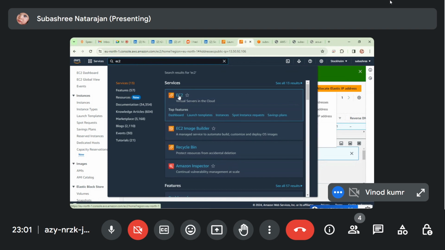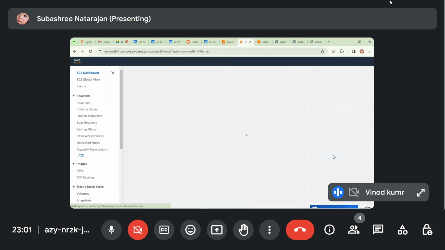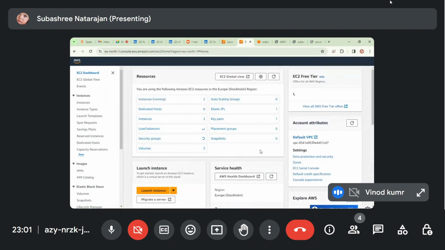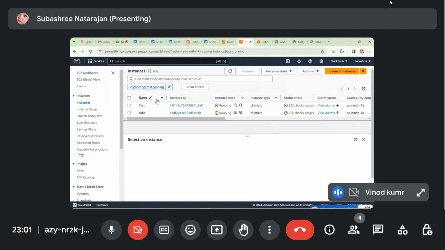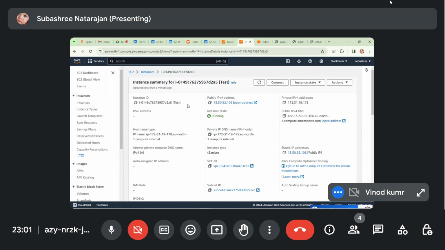EC2, yes. Click on this instance. Previously, we were getting it here only: create Elastic IP and add it like that. Running instance. Now we can see here the instance ID of test. Where is this elastic IP? You can see on the right side, third, elastic IP address, public IP. So it got this. So if you restart the server now, the IP won't change. Can you try if you want?